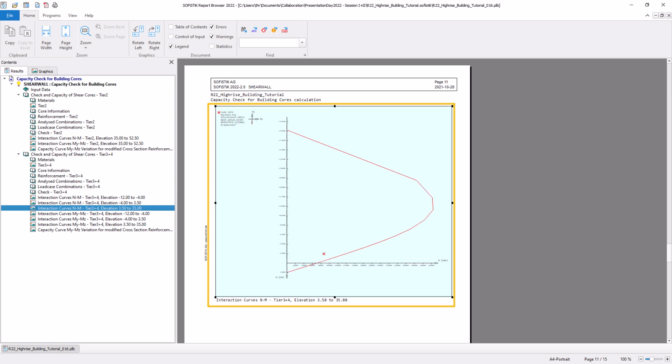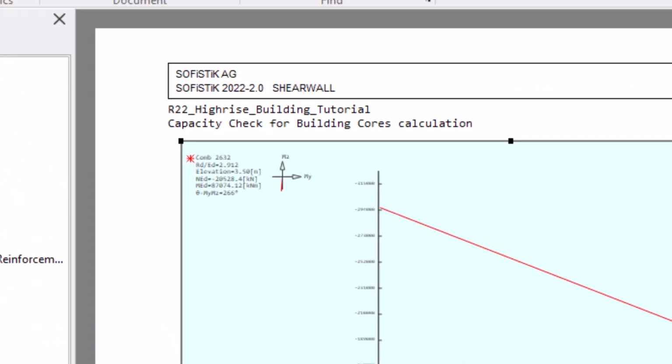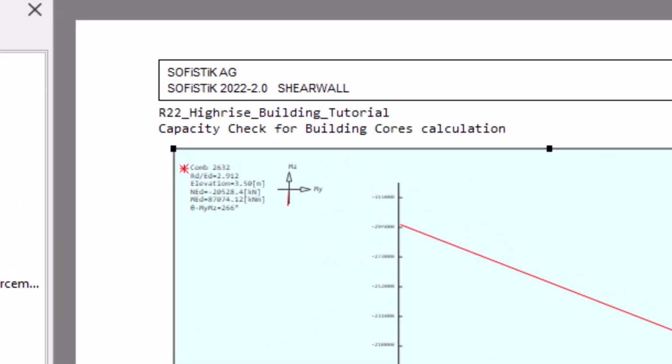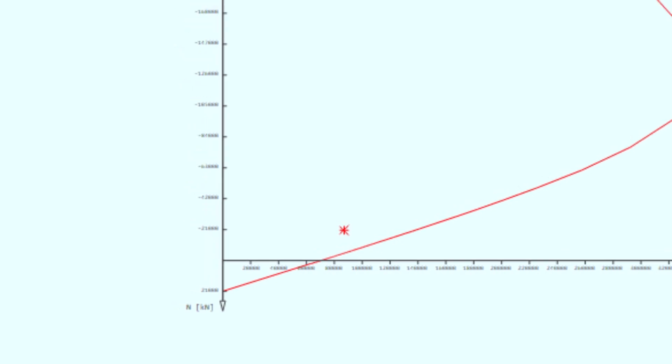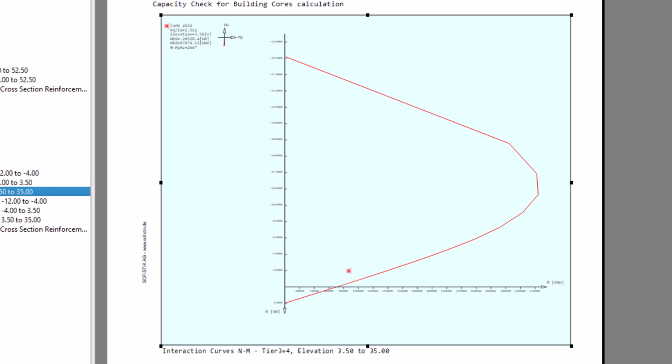The NM plot, with the normal force on the vertical and the bending moment on the horizontal axis, holds the following information. A. The legend with the specific load combination and the related acting forces for which the curve is valid. B. The marker for the acting forces, indicating the relative capacity. C. The curve representing the capacity limit of the building core's cross-section. As long as the marker is within the curve, the capacity limit is bigger than the acting forces. The relative capacity, expressed by the ratio RD to ED, is bigger than 1, and the check is successful for